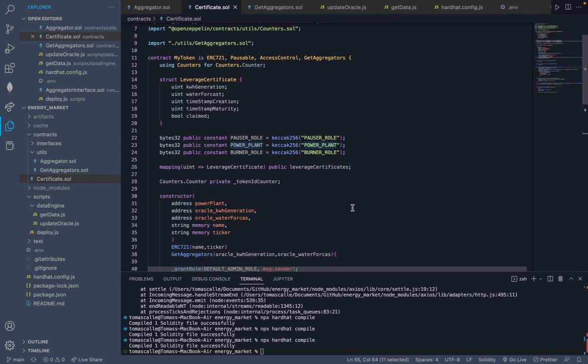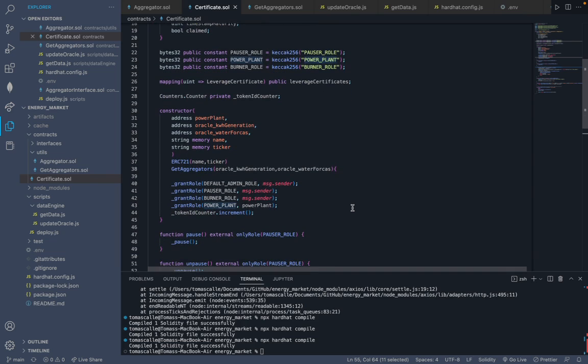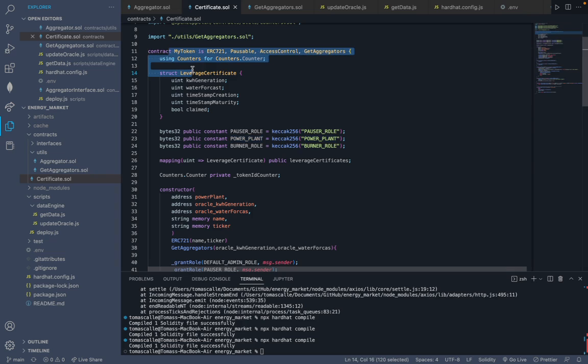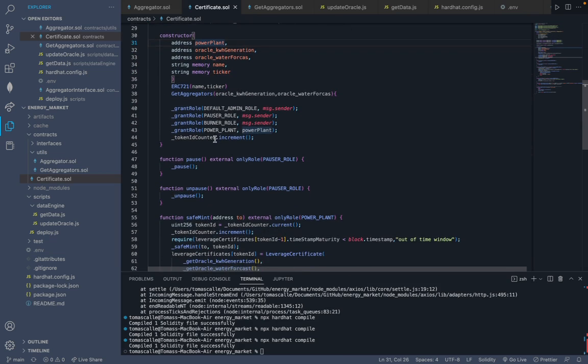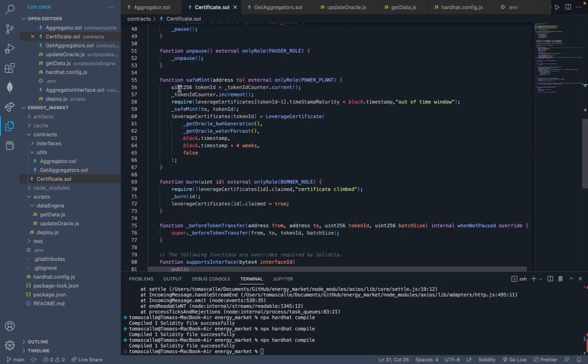So I ended up deciding on doing just an ERC 721 contract, which I'm really proud of because it kept everything really simple. So pretty much what this means is that this contract would actually be deployed by a financial company that's planning to at some point give a credit line to a power plant. So the only person or the only institution that could actually mint an NFT in this contract would be that power plant. So if that power plant, let's say, finds itself needing some credit, they could call this mint function,